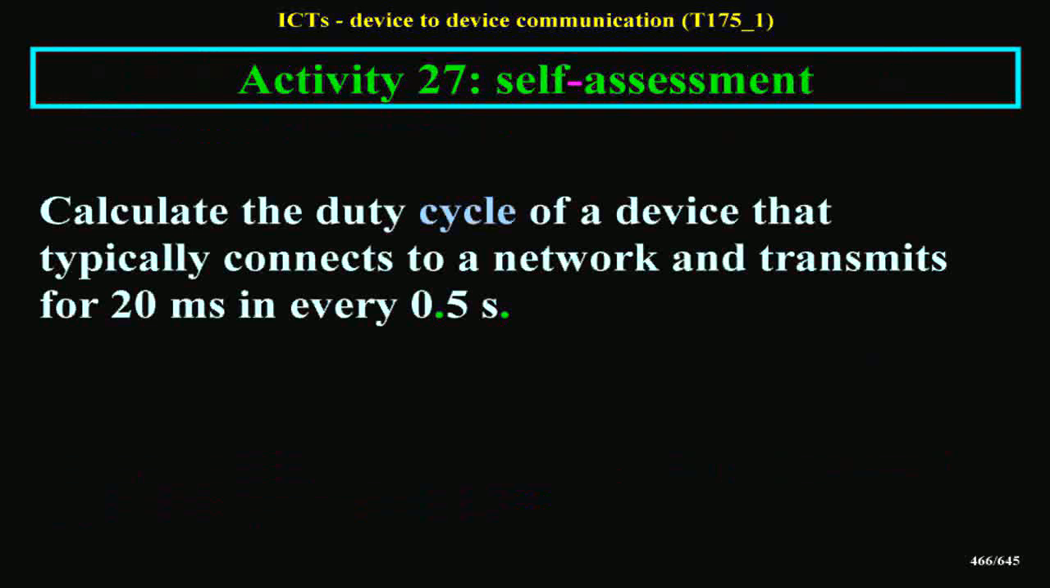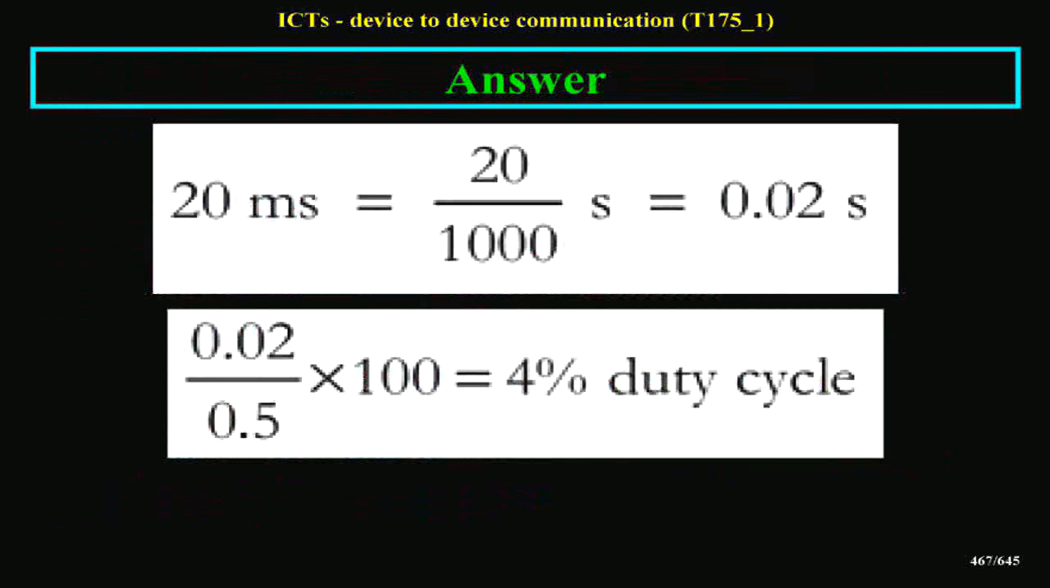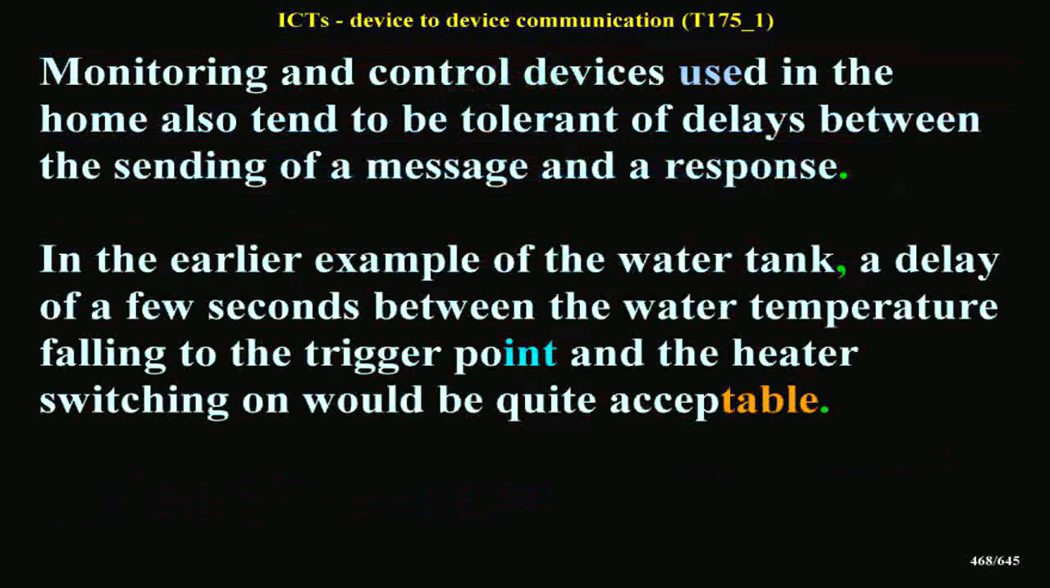Activity 27. Self-assessment. Calculate the duty cycle of a device that typically connects to a network and transmits for 20 milliseconds in every 0.5 s. Answer. Monitoring and control devices used in the home also tend to be tolerant of delays between the sending